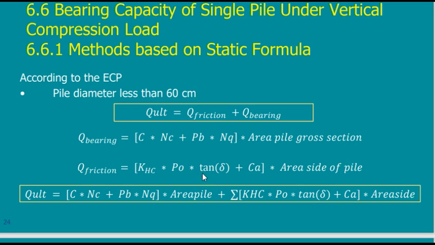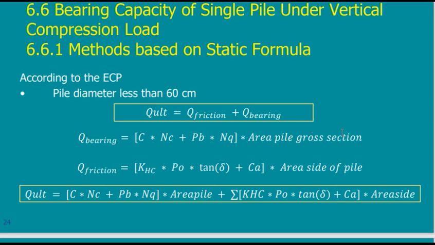If you look at the equations, this or this, you will find that Q bearing or Q friction is a stress. No, I don't mean it's a stress. It's a load. This is the load coming from bearing, and this is the load coming from friction. How to know which equation is the load coming from bearing and which is the load coming from friction? If you look at the items here, you will find many things: C, N, C, P, B, N, Q. We'll discuss this later. But multiplied by what? Multiplied by the area